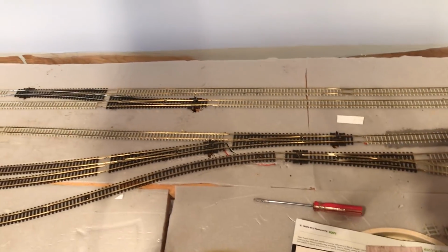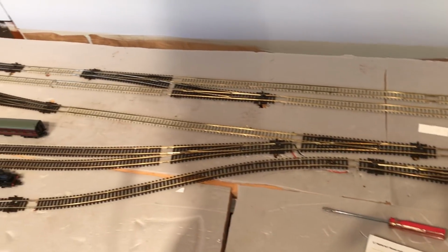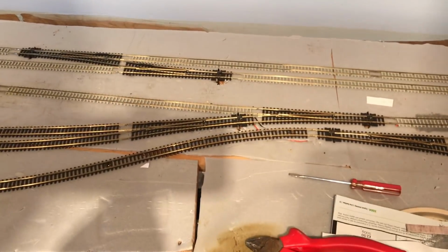But whenever I reset the Z21 and it tripped out again, there was a tiny little buzzing sound coming from somewhere around here. So I've sort of followed that and noticed that